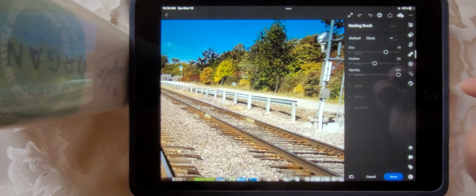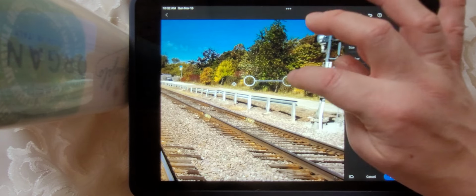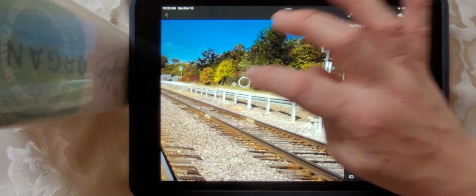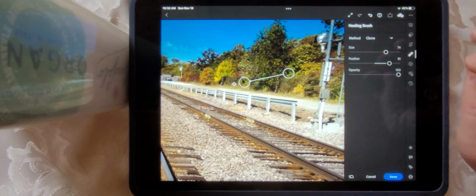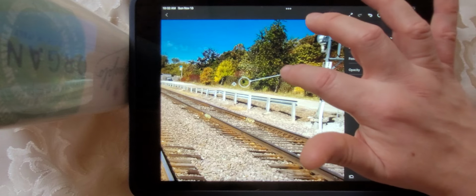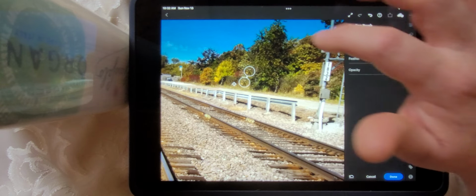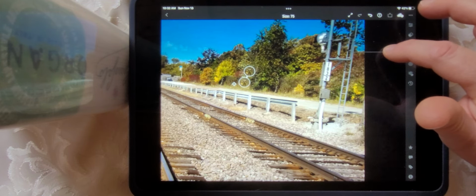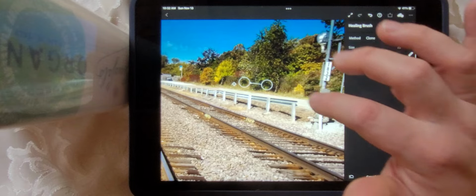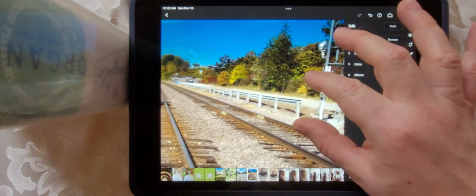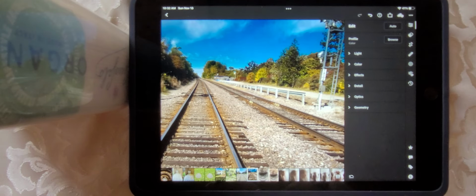So maybe what I'm going to do again is create another one where I'll start something here and maybe move it to about here, and then just grab from another point and just feather that out. So it just doesn't have that same sense of repeat completely. It's not as obvious. So I'll try to grab something that's a little bit less descript. Maybe another part of this tree over here. And I'll just increase the size just a little bit. So I'm just trying to kind of mess with your mind. Let's see if I say done. And it's not perfect, but if I mouse down, look, dumpster, no dumpster, dumpster, no